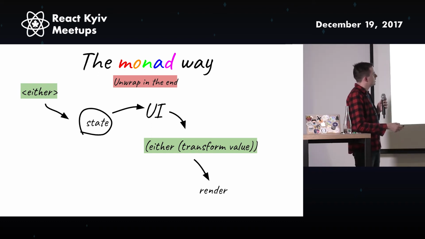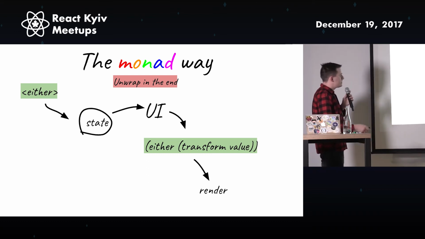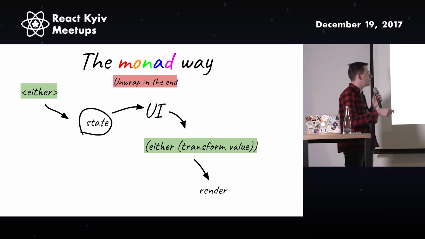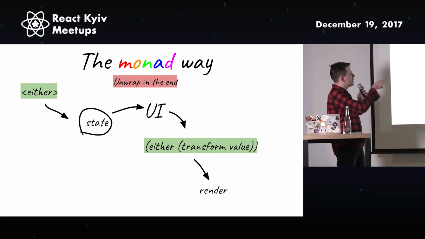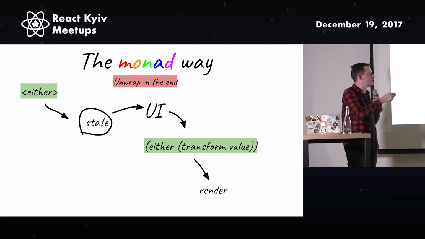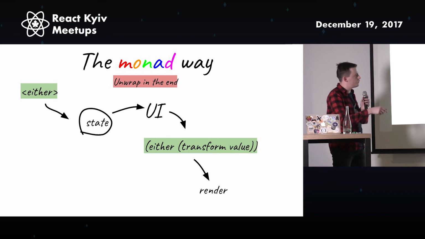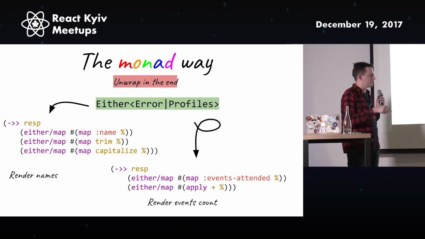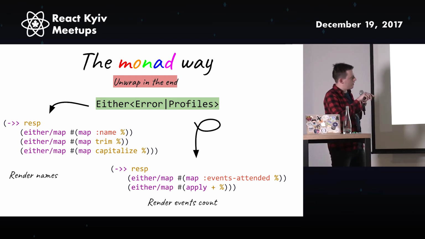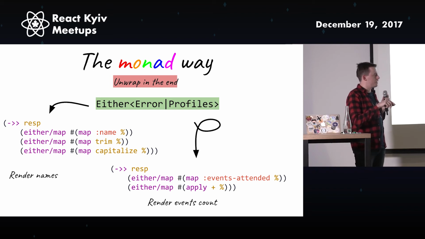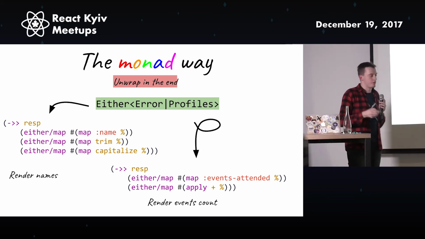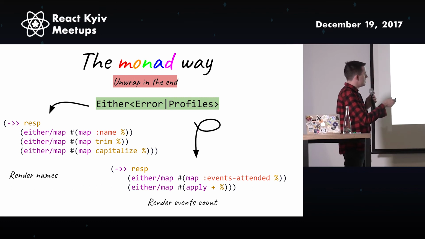Okay. So with the Either monad, instead of taking the raw data right into a state, we just put the Either itself into a state, then it goes to UI, and then we apply transformations wrapped in Either. And only after those transformations, before we want to render, we can check if the value is left or right, and then render it. What it gives us is,